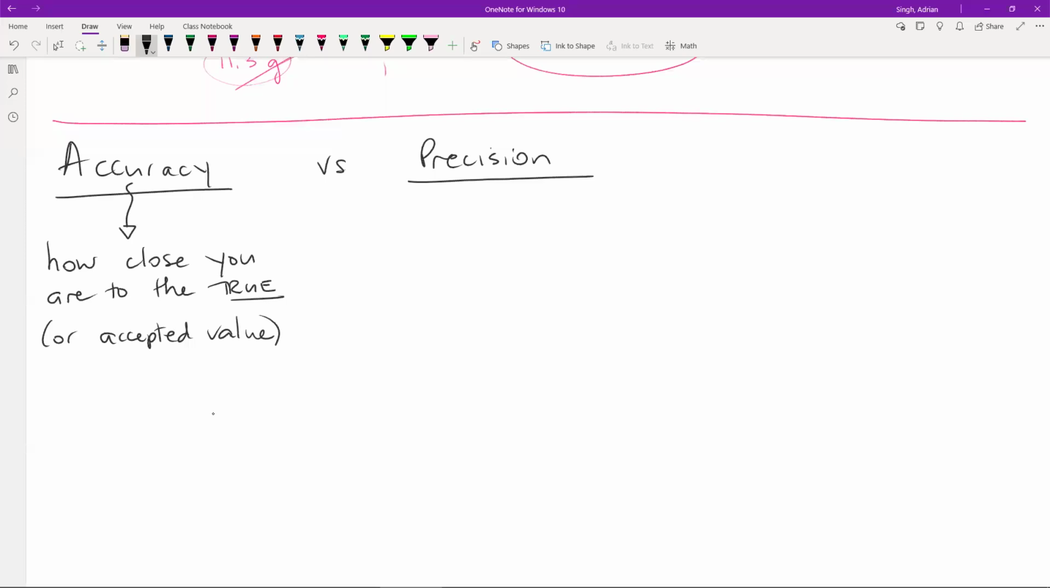Okay, that's a measure of accuracy, and we often can quantify that by calculating something known as percent error. In a measurement or an experiment that you're doing, the percent error is going to give us an idea of how accurate you are. How close are you to the value that you're supposed to get, the true value or the accepted value for something? Precision, on the other hand, is a measure of the repeatability